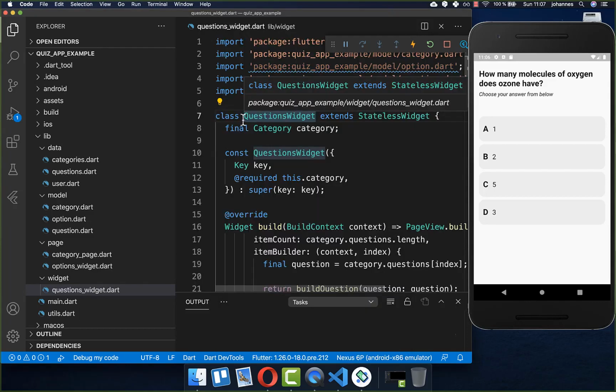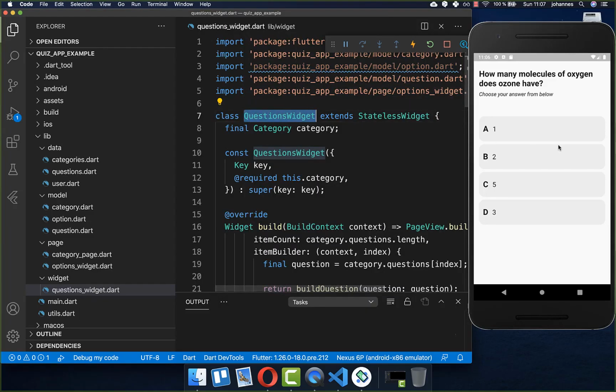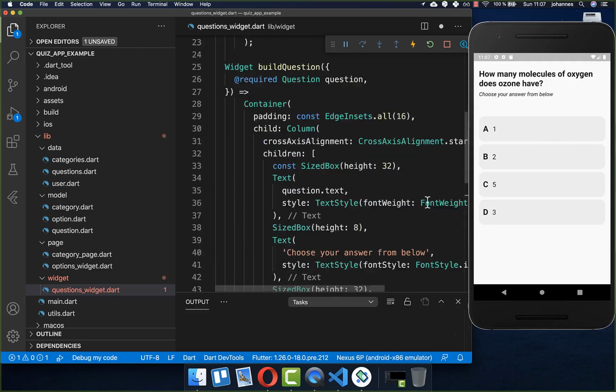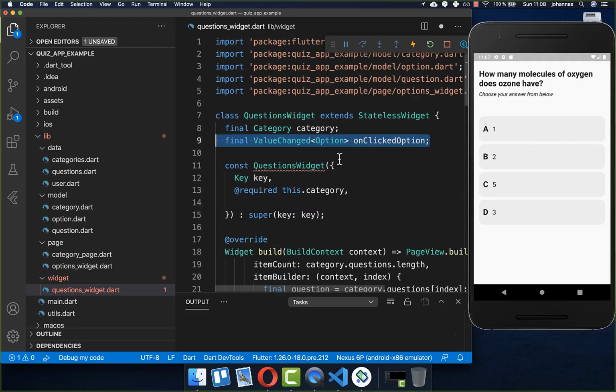To add this functionality we go to our questions widget, which is here this widget on the right side, and then we scroll here down to our options, and here we got then this onClickedOption, so if we click on one option then we get here the option on which we have clicked. And we want to create here this onClickedOption and also put here at the top this onClickedOption again inside, so that we can handle this functionality outside of this widget.